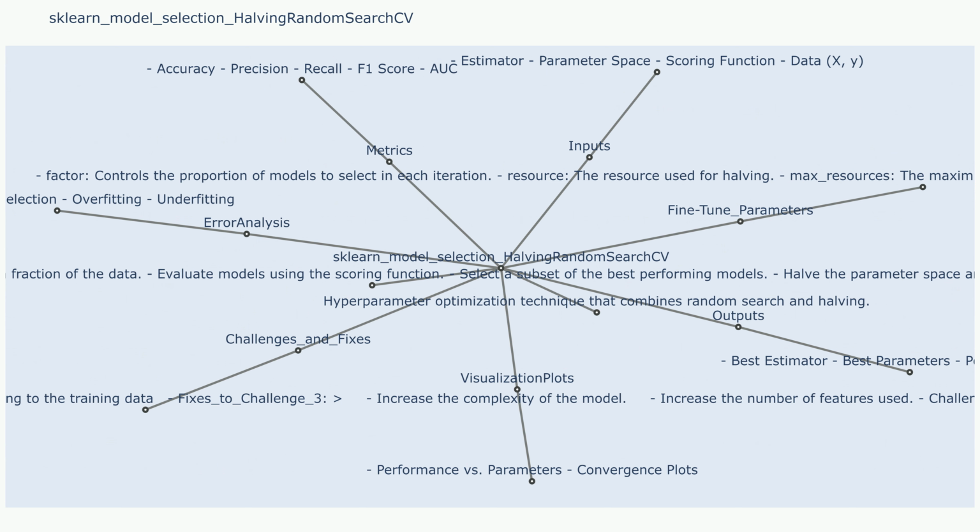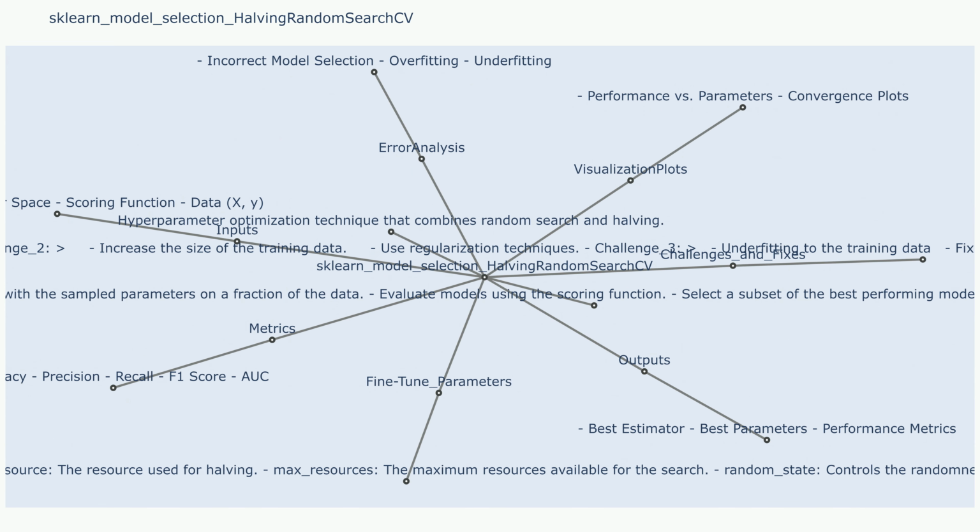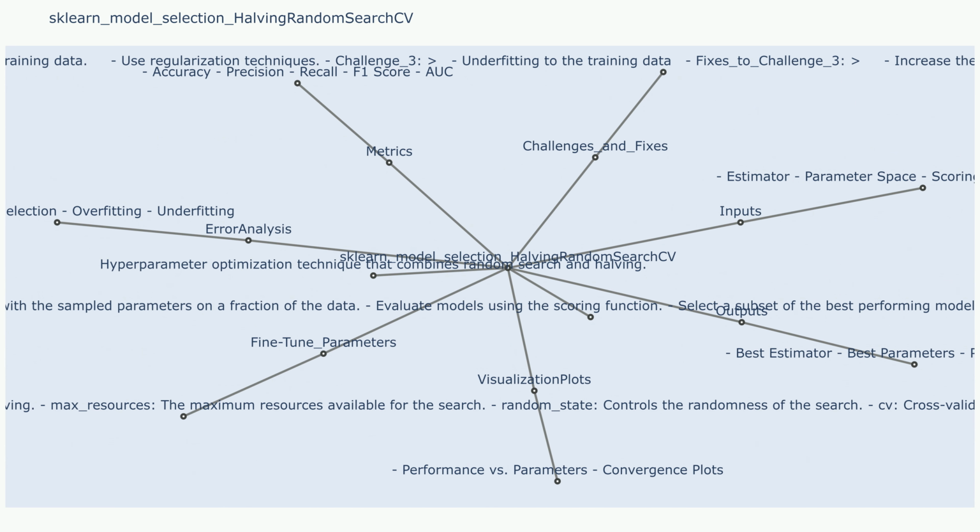The number of initial candidates is determined by the max resources and the chosen resource, either n samples or n features. Evaluate the performance of each candidate using cross-validation. Select the top-performing half of the candidates. Reduce the search space by halving the number of resources, either n samples or n features, and sampling new candidates within the reduced space. Repeat steps 3 to 4 until the specified number of iterations is reached. After the search is completed, refit the best estimator on the entire dataset to ensure that it is trained on